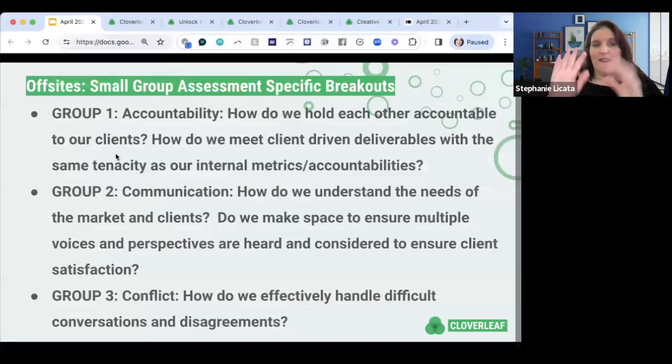Then I said, okay, group 1, you're going to do accountability. Group 2, you're going to do communication. It's okay if the topics were repeated. We obviously had more than 3 groups, so a couple of different groups did some of the same topics. And their job in their small group discussion was to come up with one best practice that they were going to pitch to the group about how they could solve for this problem. And so